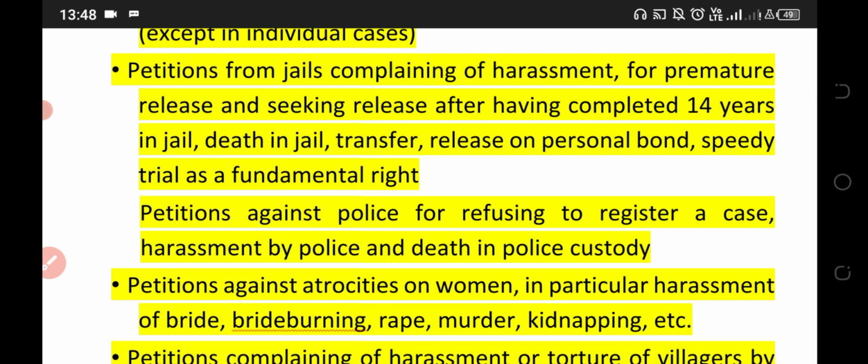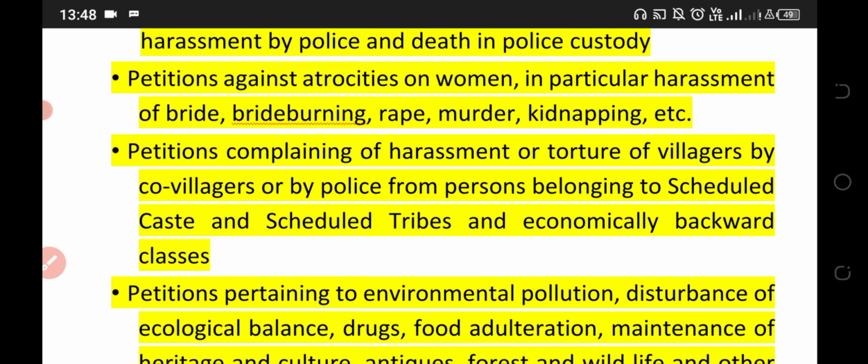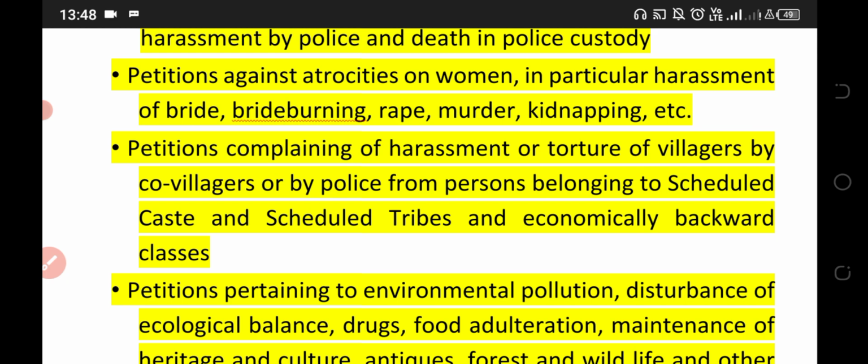speedy trial as a fundamental right, petition against the police for refusing to register a case, harassment by police and death in police custody, petition against atrocities on women, in particular harassment, bride burning, rape, murder, kidnapping, petition complaining of the harassment or torture of a villager by co-villager or by police, from persons belonging to the scheduled castes, scheduled tribes, and economically backward